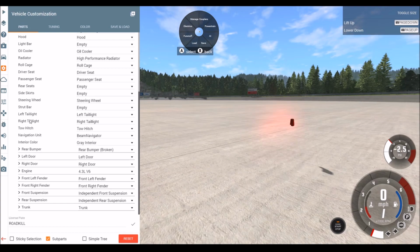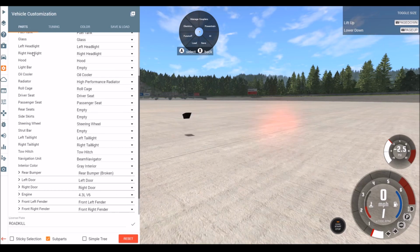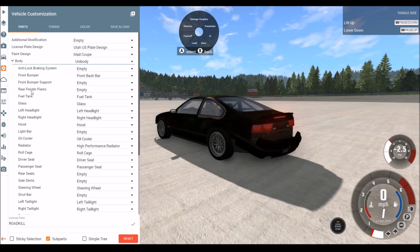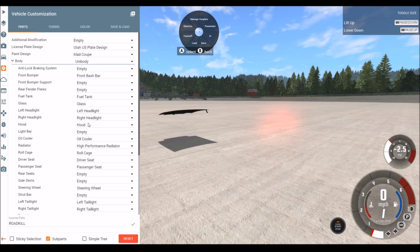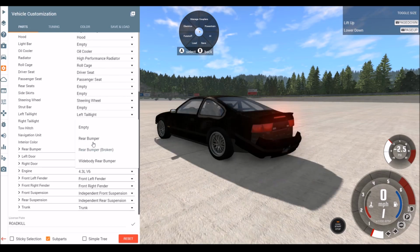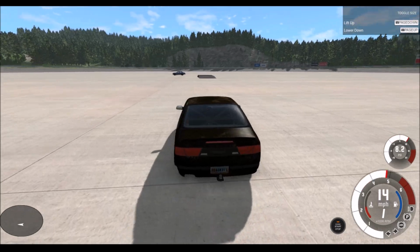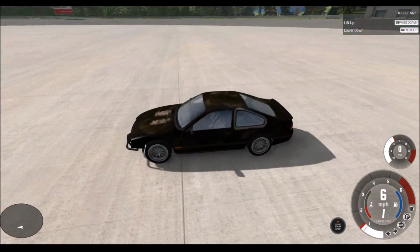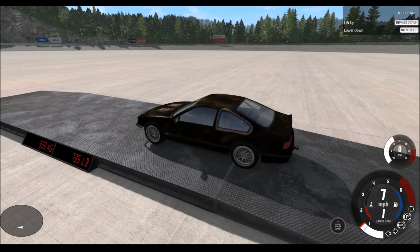Rear bumper. Where is it? Rear bumper support. Ooh. Rear fender flares. Did I just see it? Rear bumper broken. Okay, just rear bumper. There we go. Fixed, brand new. Let's do this. So, I didn't put the transmission in it, sadly, but